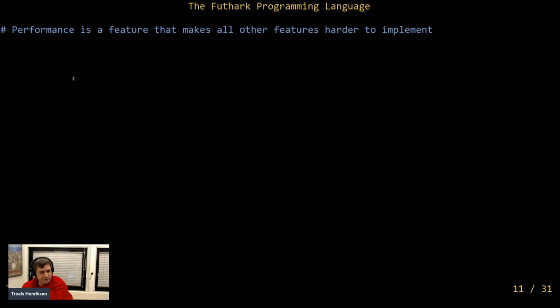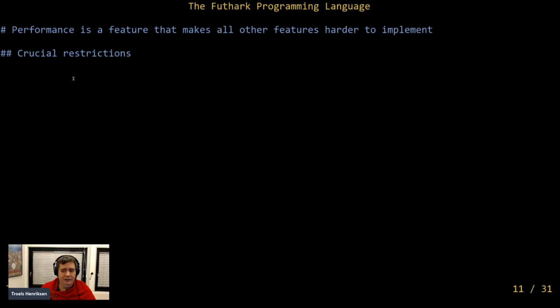Okay, so none of these features are actually something you wouldn't find in other languages, except maybe for the size type stuff. But the thing that makes them really difficult to implement is that Futhark also wants to be fast. And when you want performance, that is a feature that makes every other feature much harder to implement. So we had to constrain Futhark a lot compared to languages like OCaml or Haskell in order to make it feasible to write a compiler that can guarantee that it will generate code that is good, for some notion of good. And of course, here the trick is to come up with restrictions that provide the maximum benefit to the compiler and the least amount of bother to the programmer. And I think we managed to do this all right.